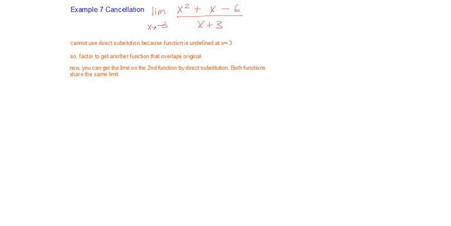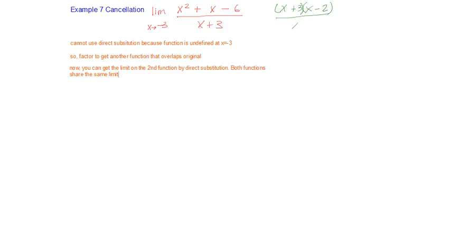So you have two sister functions that share most of the points except for this one right here. They share all the points. They're going to overlap except when x equals -3. So let's factor. If you factor the numerator here, you have x plus 3 times x minus 2,